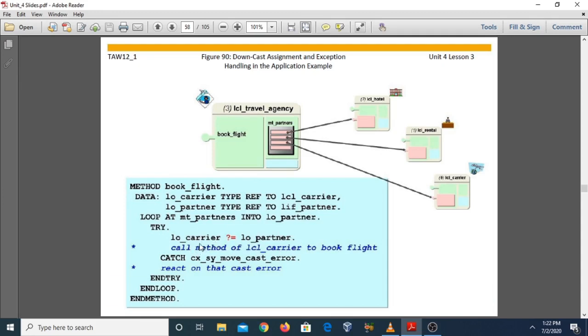This is called downcasting, and that is also called narrowing cast. In this way you can implement the downcast in case of interfaces.